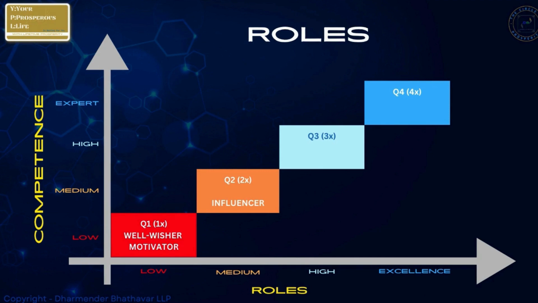Okay. Now the third quadrant, you find a leader or a coach. A leader or a coach, their competency levels are high and hence their roles will also be high. And you can be in touch with the coach or a leader maybe for a couple of years. Okay, so you will be